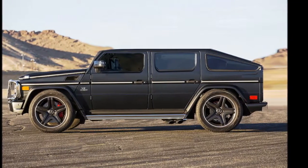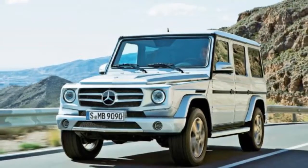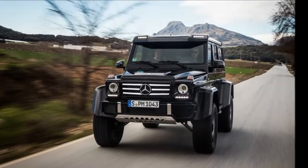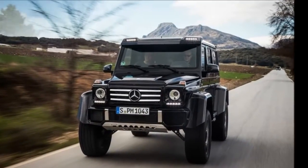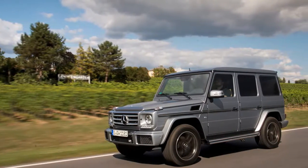Typically, we don't care much for these governors, but in the G550, cutting power at 209 km/h is just fine, given its high center of gravity and less than precise recirculating ball-type steering. Consumption figures have not been